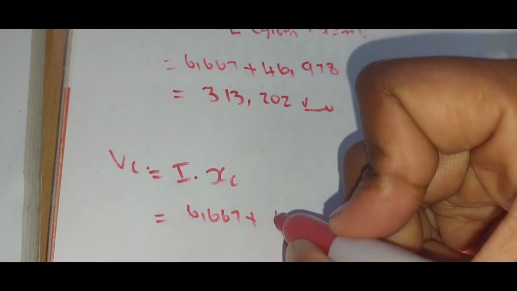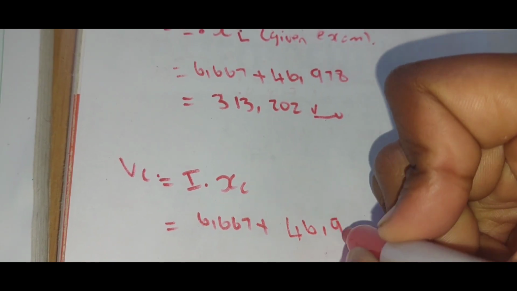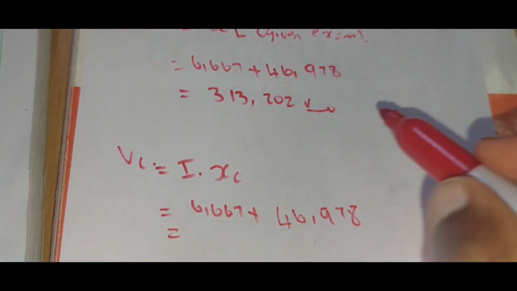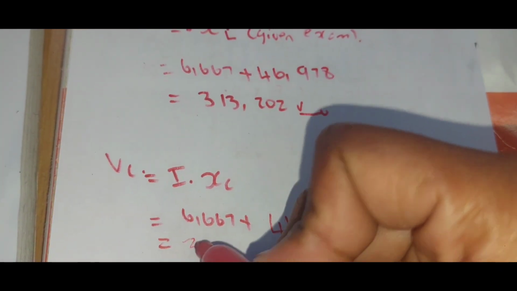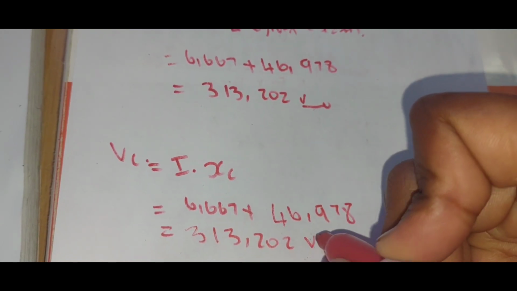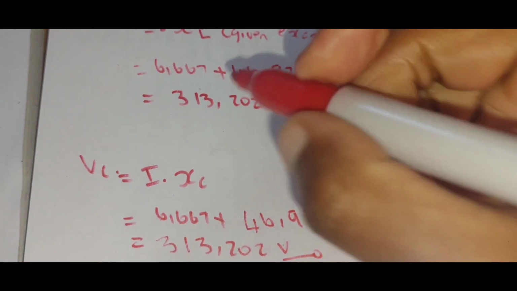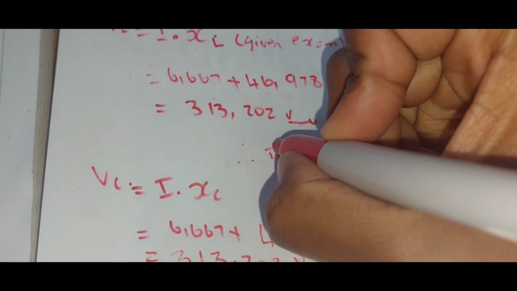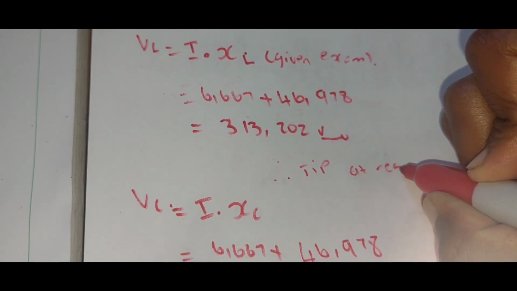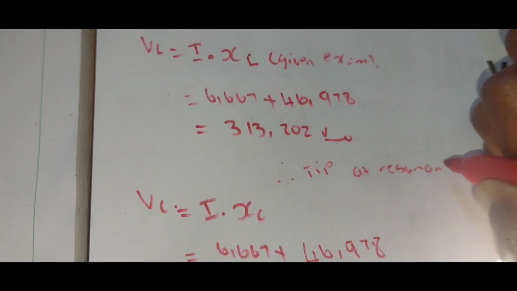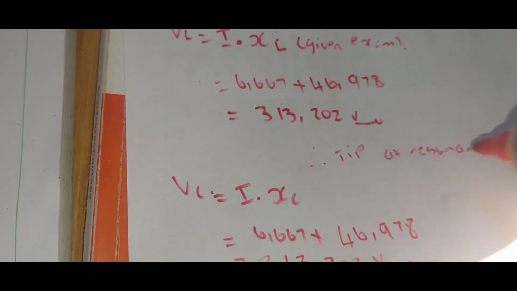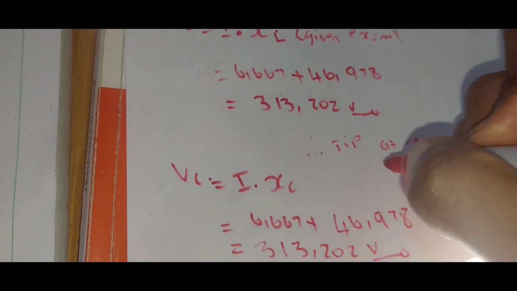So we say it's 46,978, and the answer is the same, 313,202 volts. At resonance the inductor is equal to the capacitor, everything, their voltage, their reactance,